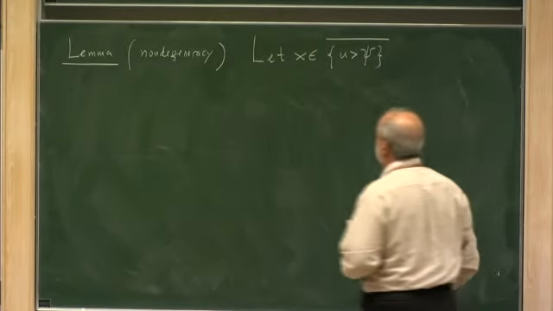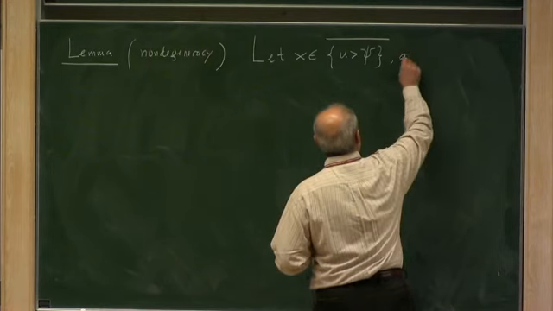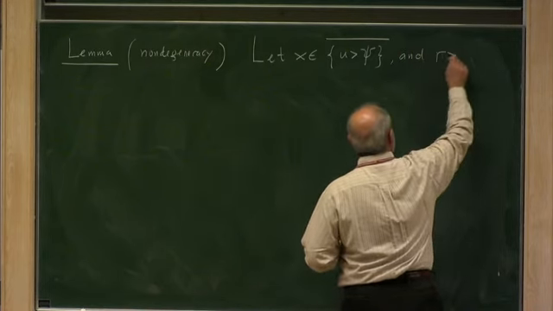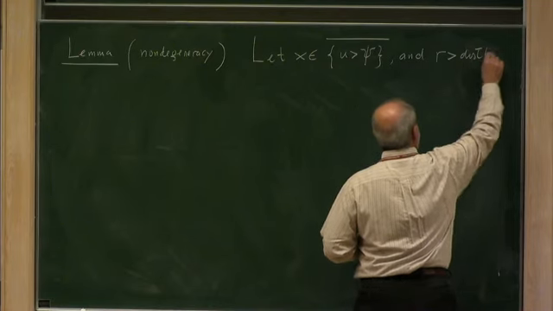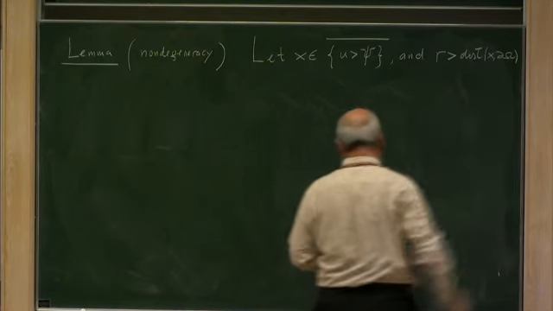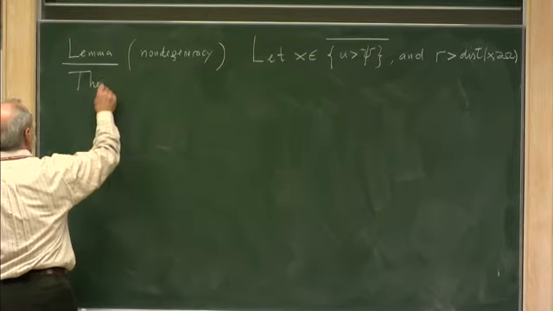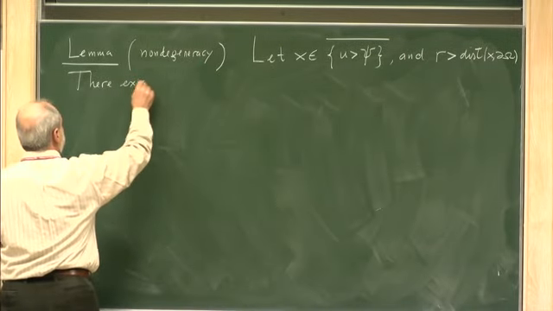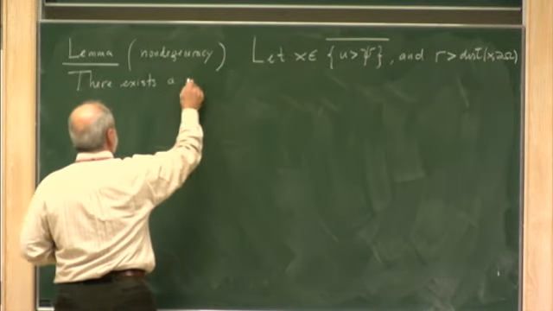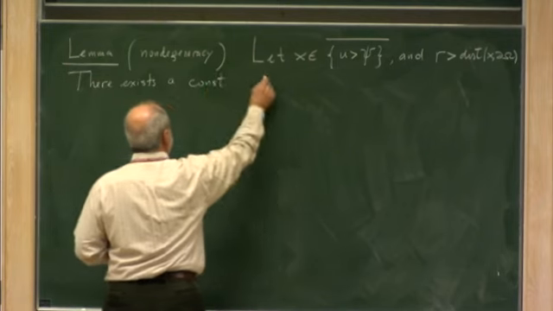So it can be on the free boundary, and R is bigger than the distance from X to the boundary. Then there exists a constant C